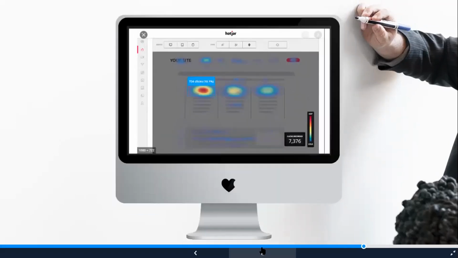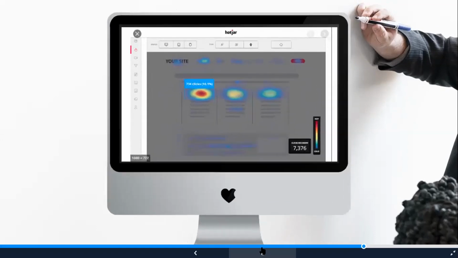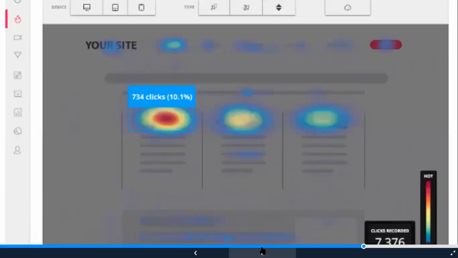Another tool that I love is heat maps, and one of my personal favorites is Hotjar. Hotjar is also code that you embed on your website, and that code enables you to see where your visitors have spent most of their time on the website. Their eyeballs, where did the eyeballs go? Your heat maps will show you in the hot areas, the red areas, where most of our eyeballs went. And the cold areas, the blue areas, that's where the least amount of views were had.